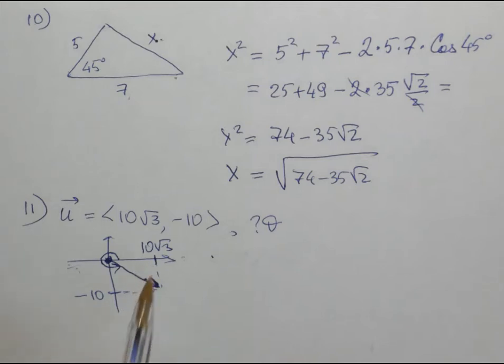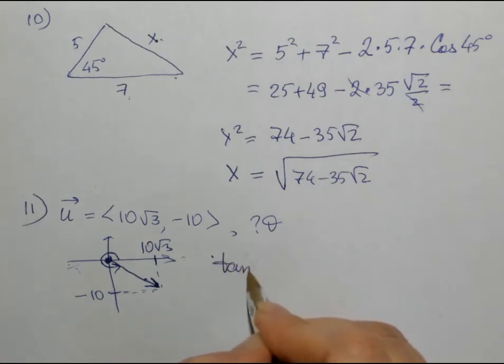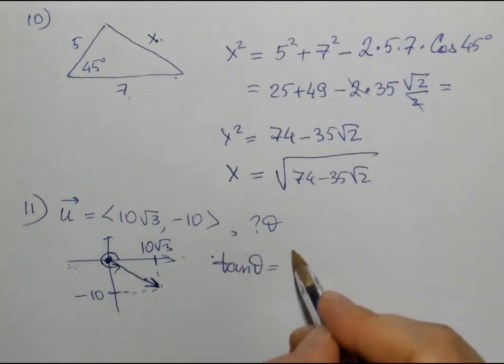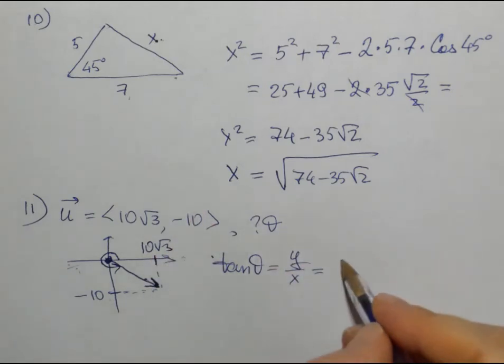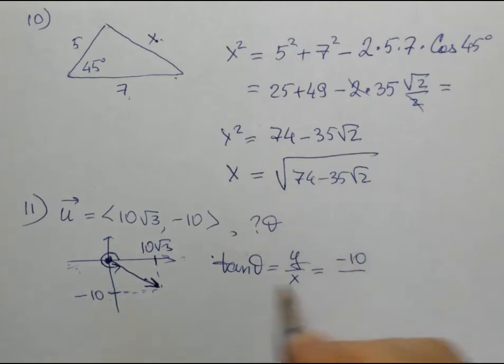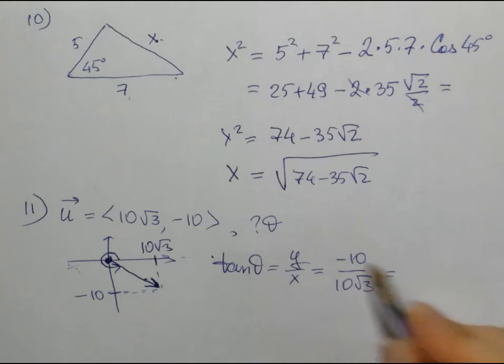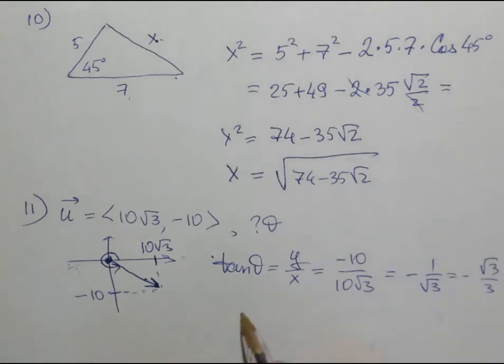Knowing the x and y components of the vector, we can find the direction angle. The tangent of theta is y over x. The y component is negative 10, x is 10 times square root of 3. So the tangent is negative 1 over square root of 3, or negative square root of 3 over 3. You know that this is the tangent of negative 30 degrees